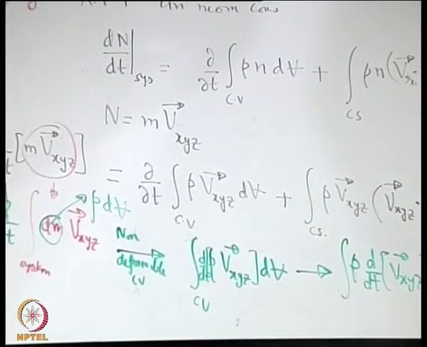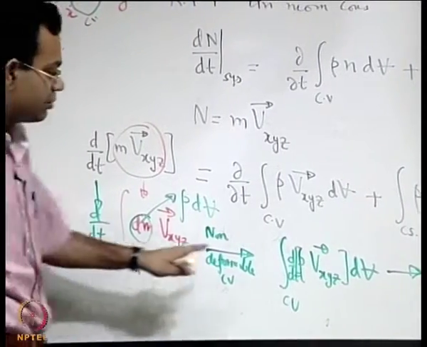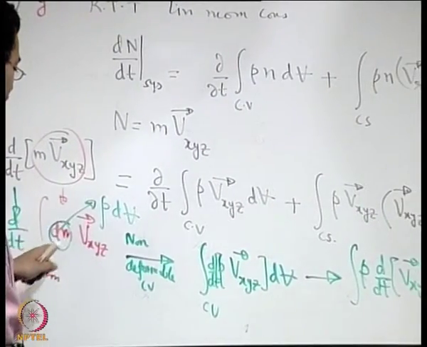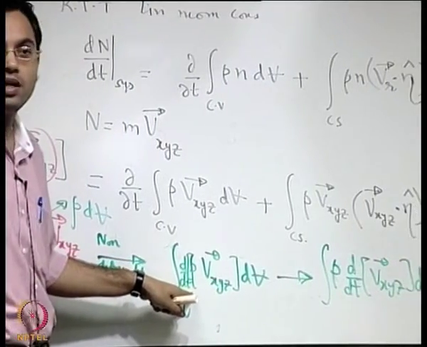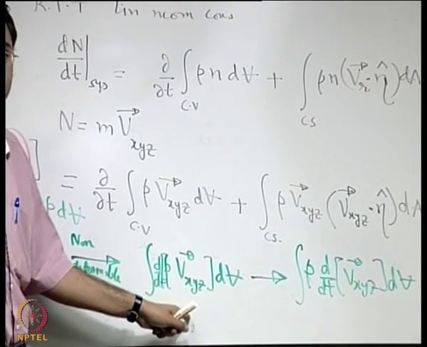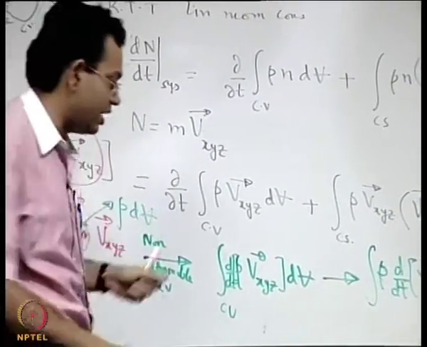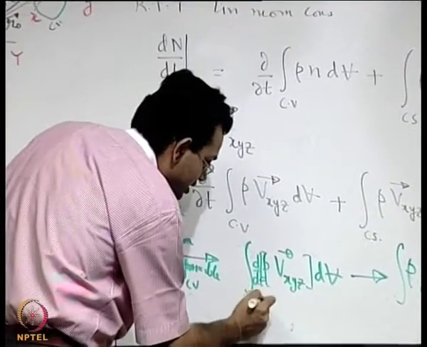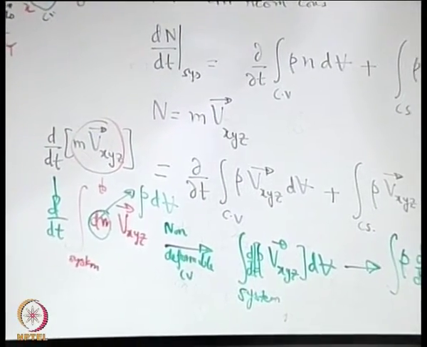The other thing is that, magically we have as if transformed it from the system to the control volume, that we will not do immediately, but we should keep in mind that when we are writing it in a limiting sense, that is we are dividing it by delta t and in the limit as delta t tends to 0, system tends to control volume, that is what we have experienced earlier. But that we will do at a later stage. Till now we will preserve it as a system sense. Why? The next step will give you a clue of why we are trying to do that.